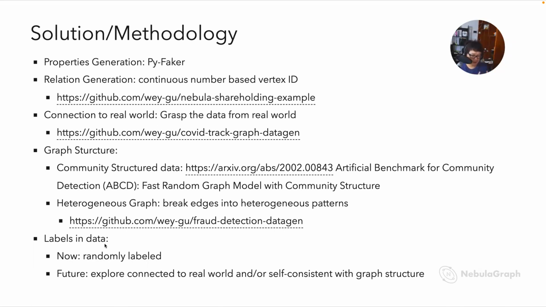you can use your domain knowledge to keep your study consistent with your generated community structure or other graph structure. For example, in fraud detection, you generate a bunch of, say, 100 communities, and you know which node belongs to which community. So when you are flagging them, even if you are doing it randomly or connecting to the real world, you can still leverage